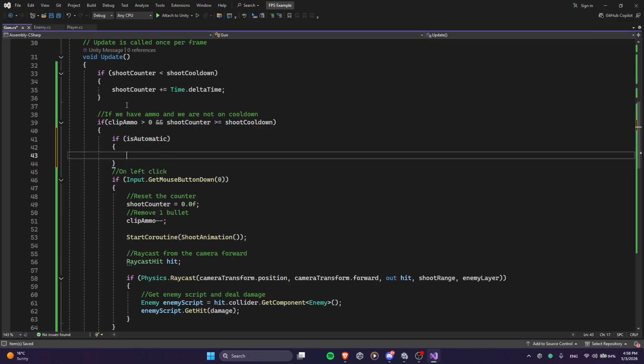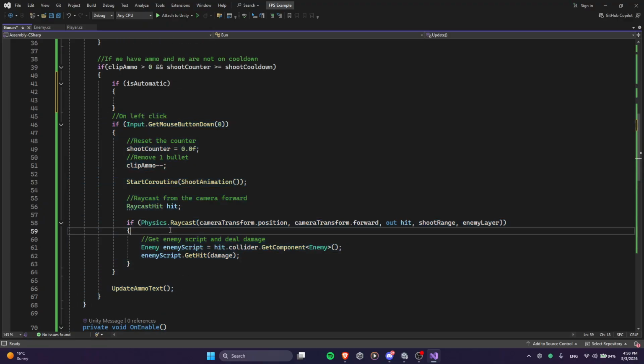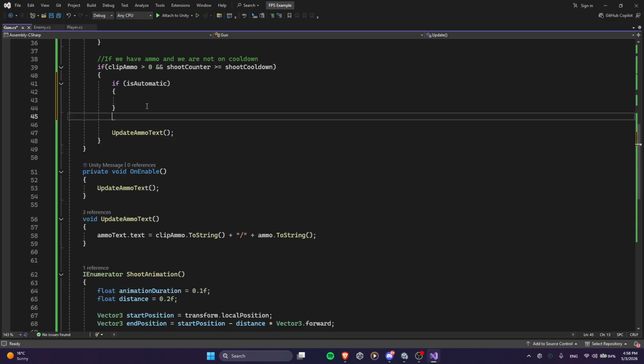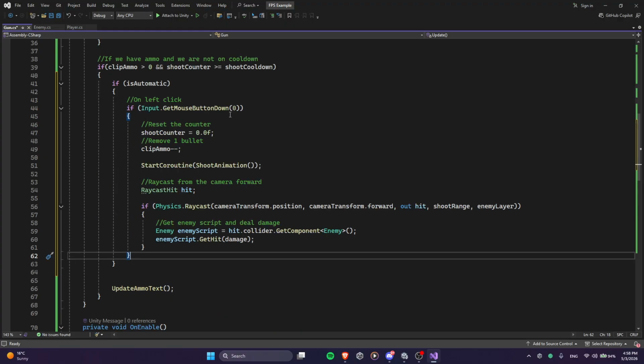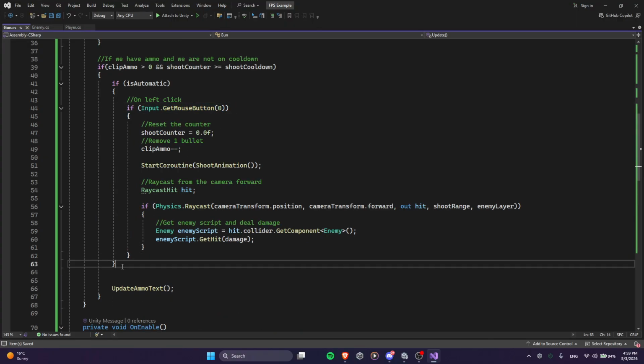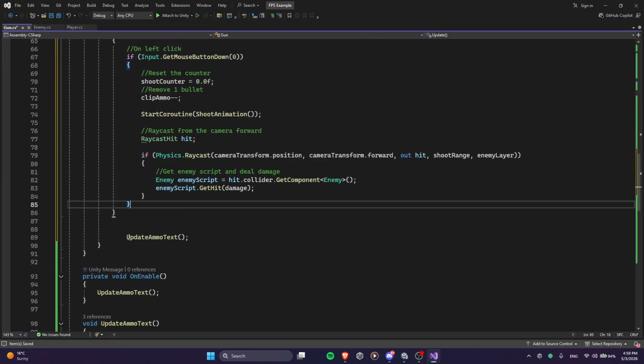If it is automatic, we update the gun at the end. You don't need to copy that. So if it's automatic, we remove this down from here, and else we use the same code, but we use